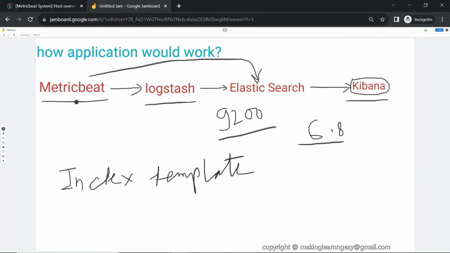So we will export or send those dashboards present in MetricBeat to Kibana, like we sent the index template from MetricBeat to Elasticsearch. So now let's export the Kibana dashboards present in MetricBeat to Kibana.